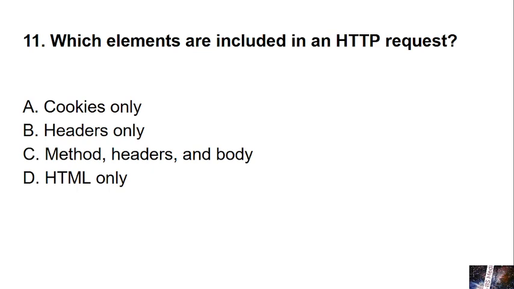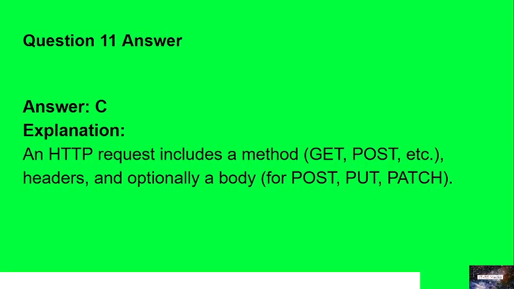Which elements are included in an HTTP request? A, cookies only. B, headers only. C, method, headers, and body. And D, HTML only. What is your best option? What is the right answer? Which elements are included in an HTTP request? So the answer is